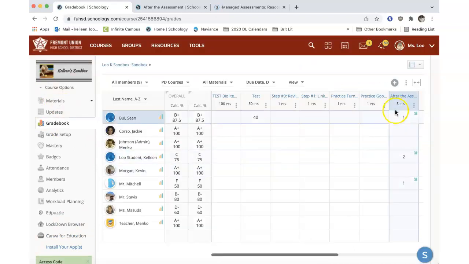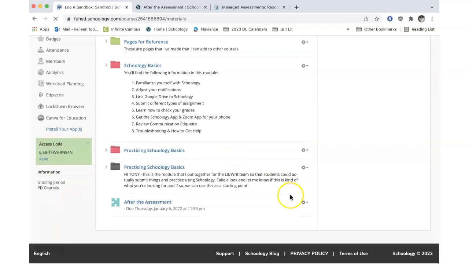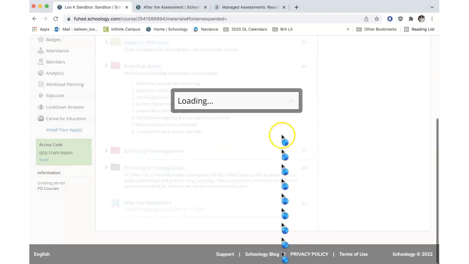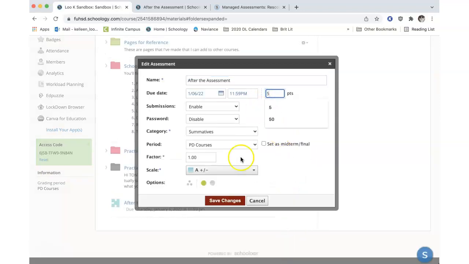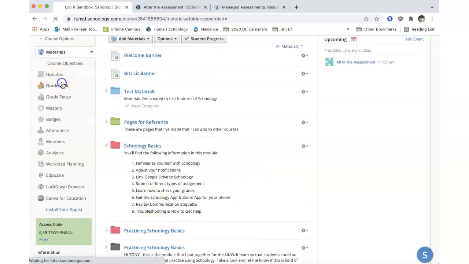And you'll see 3 points, and now it's out of 3 points because I removed one of my questions. And so Schoology will scale that for me, right? If I decide that I actually want to see it out of a different amount, I could go back in and say, you know what, I've decided to make it out of 5 points total in the gradebook. Let's see what happens there. And then when I check,